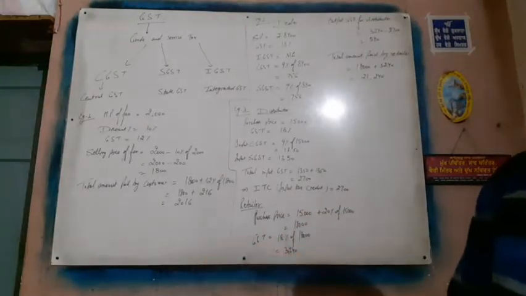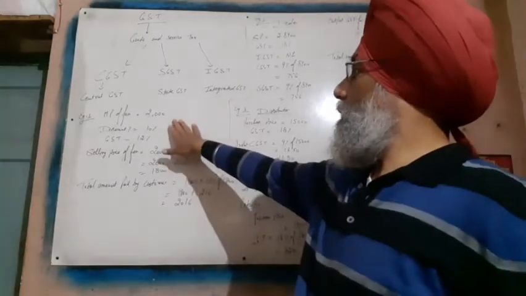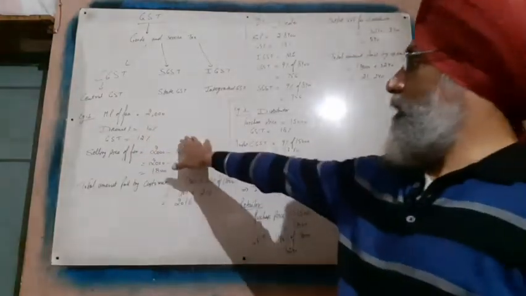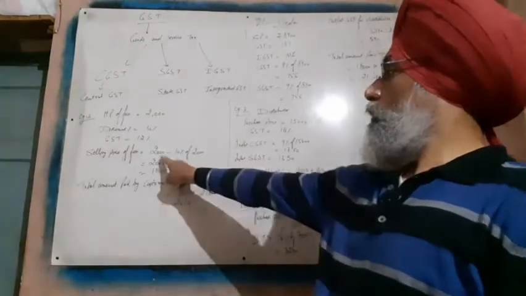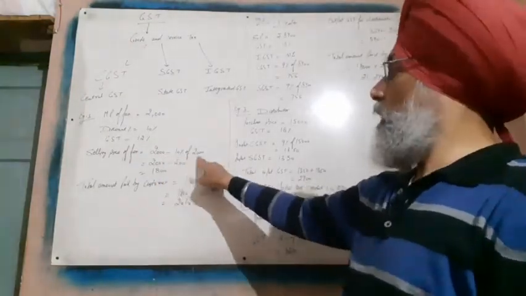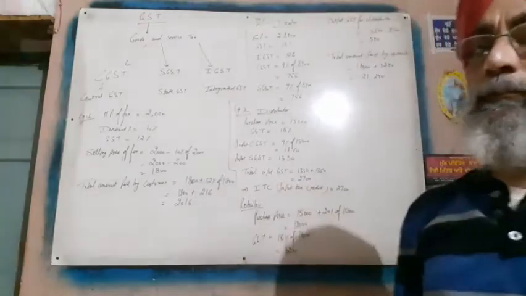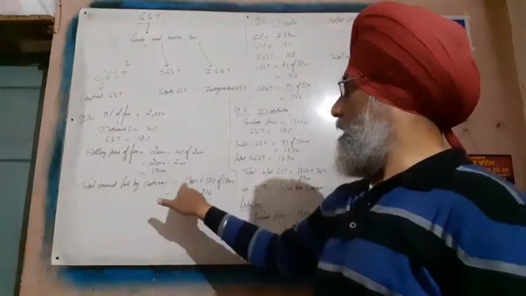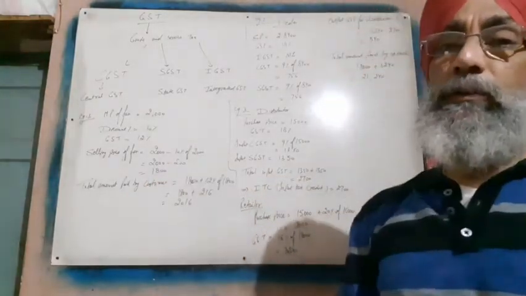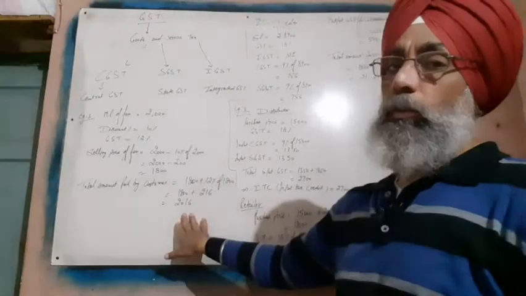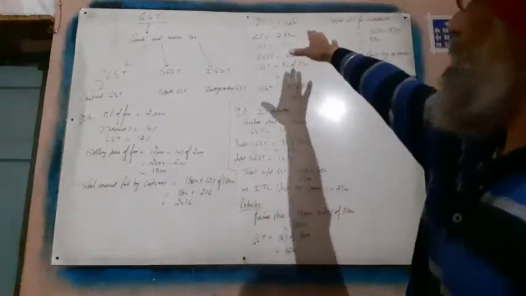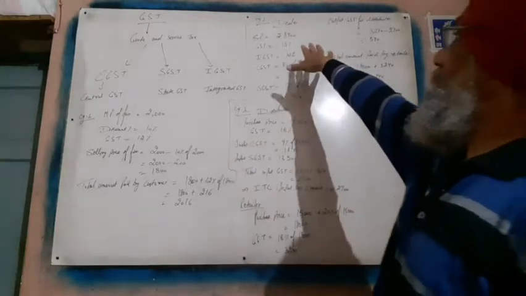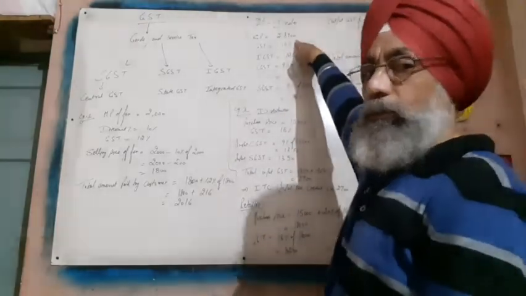Now, there is an example one in your book. Marked price of a fan is given as 2000 and the discount on it is 10%. GST is 12%. Then the selling price of the fan becomes 2000 minus the discount, that is 10% of 2000, which gives you 1800. What is the total amount paid by the customer? The total amount paid by the customer is 1800, that is the selling price, plus 12% GST over it, that is 2016. In the second question, we see there is a dealer who has sold the item for 8400.